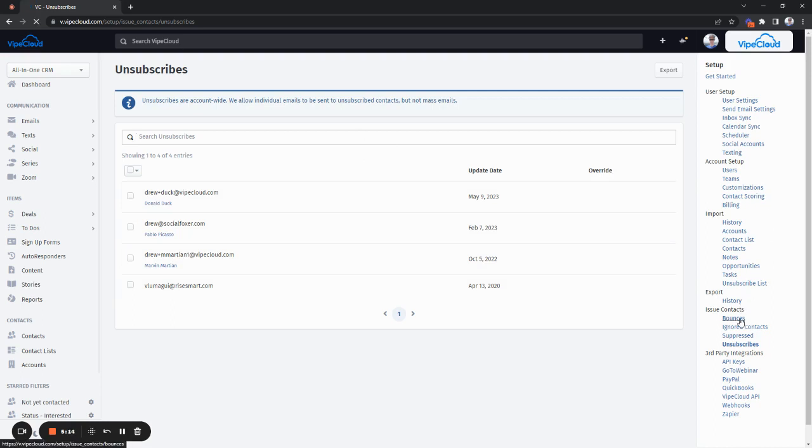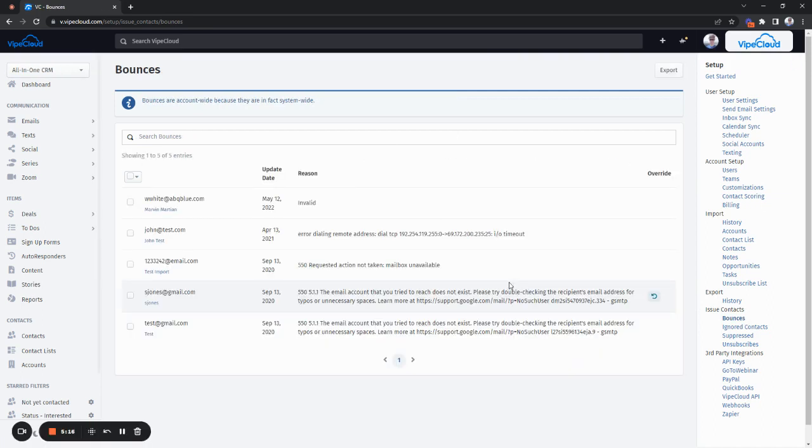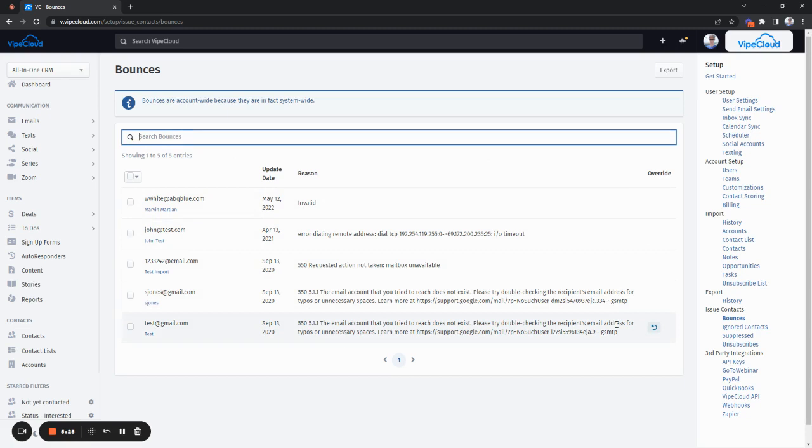And the same is true for bounces. This is a complete list of all the emails for your account that have bounced, with an option to search for them and an option right here to override them. So this is another way that you can